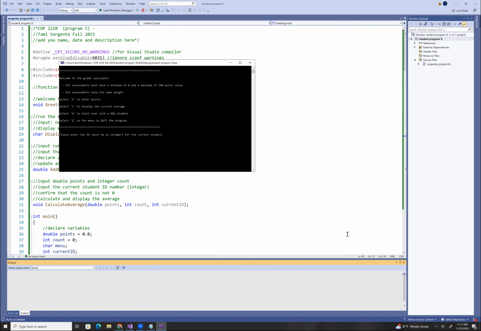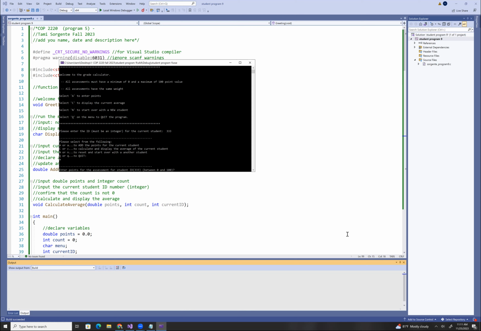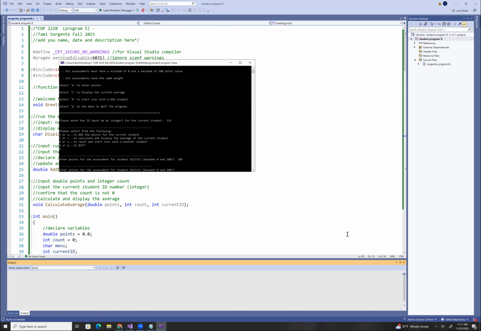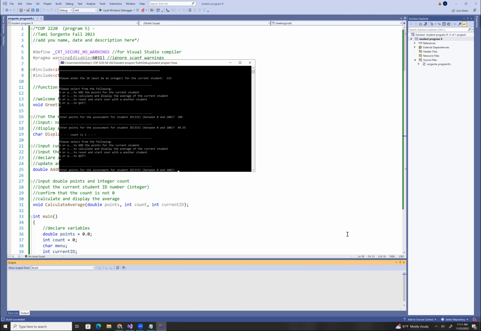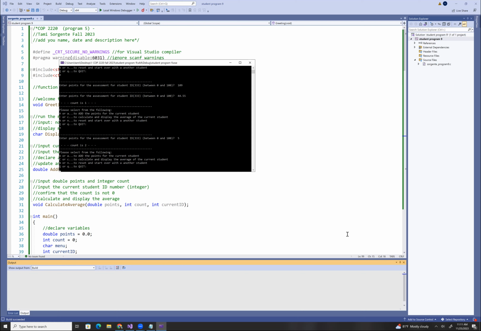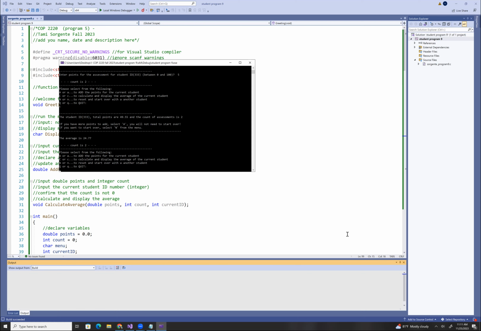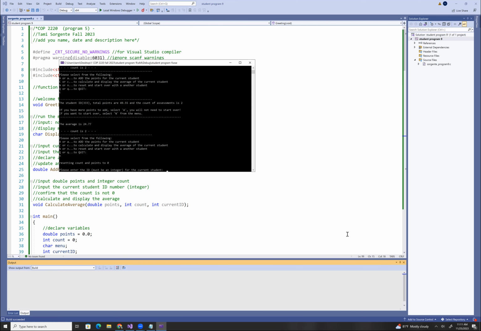All right, so this is my grade calculator. I enter an ID for the student. Okay. So this is program 5. So hopefully you've all done program 5 and we will go through this in a minute. I can add points. If I go out of range, then it asks me to add points that are in range. I can add more points and then I can calculate the average and I can start over,